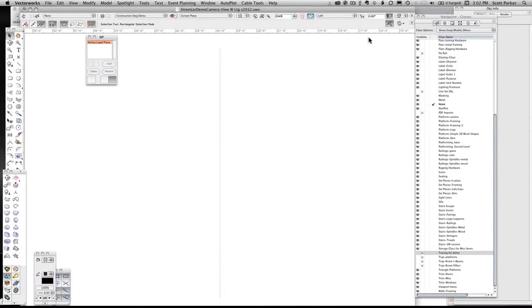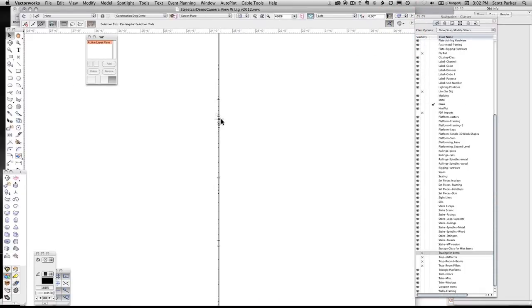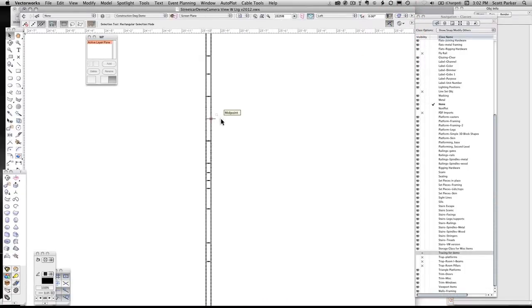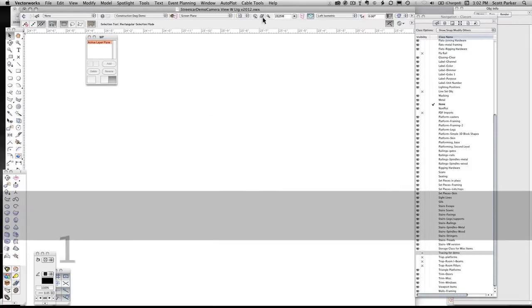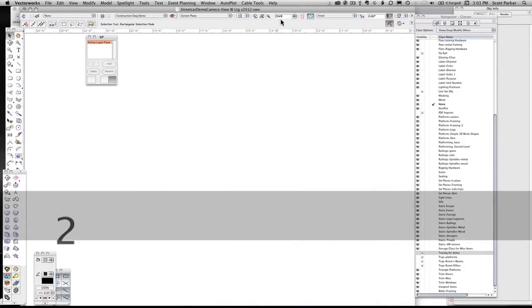And now I just have the facing sitting here. Go back into wireframe. So there's just a 1/4 inch wide facing, because I've turned the class off that had the other one. Okay, so there's just the facing with no framing at all. Now if I take a front view of this